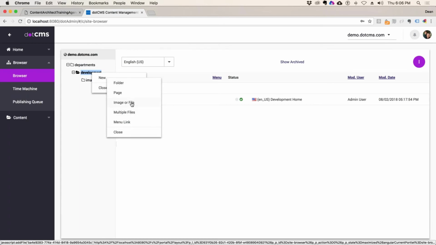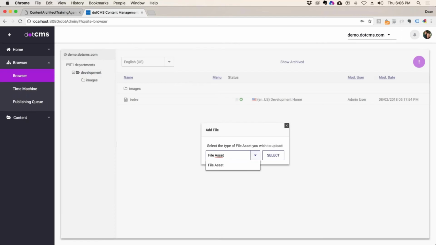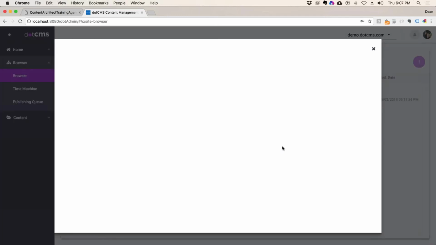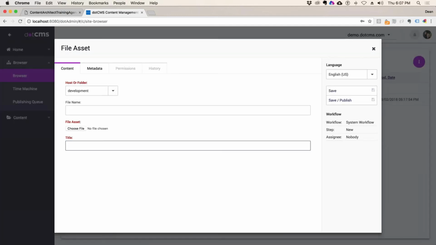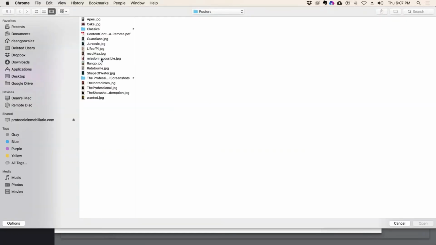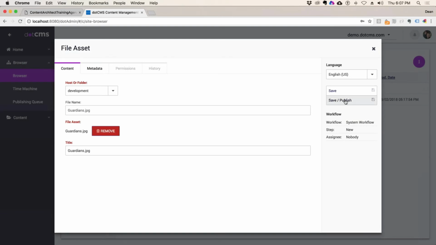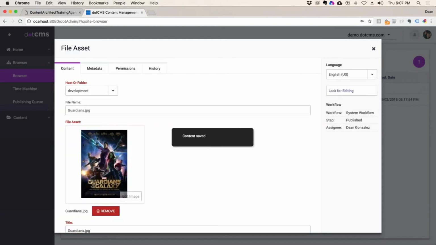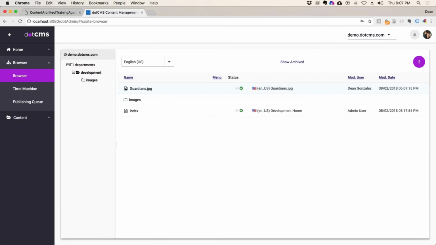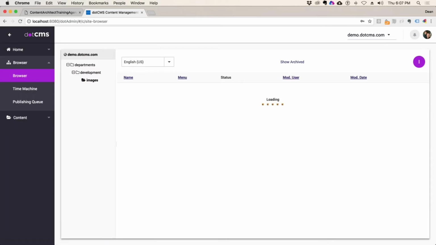So now they can create new pages, new images or files, and upload. If I create a new image or file, I only give them access to file asset, not the document file type. So if I do new image or file, I click on file asset. Oh, there is no document file type that they can upload, right? So it's just a one select. Can he upload a file, Guardians of the Galaxy, and save and publish it? Yes, he can. Okay, good. Got Guardians over there. I should have put that in the images, but